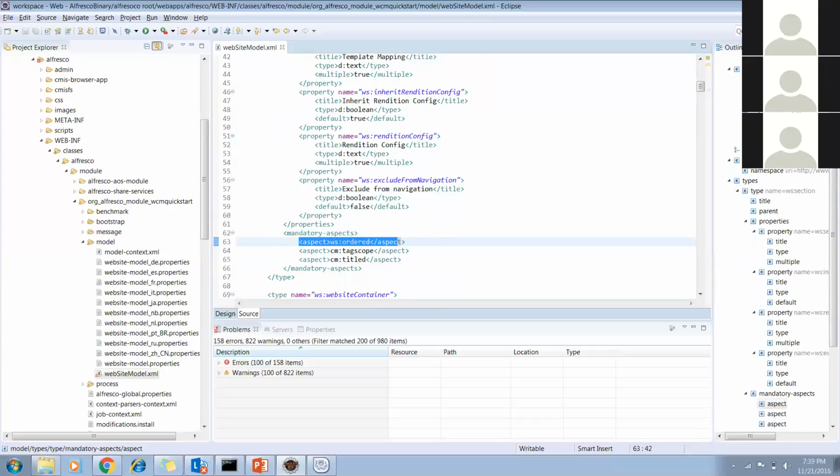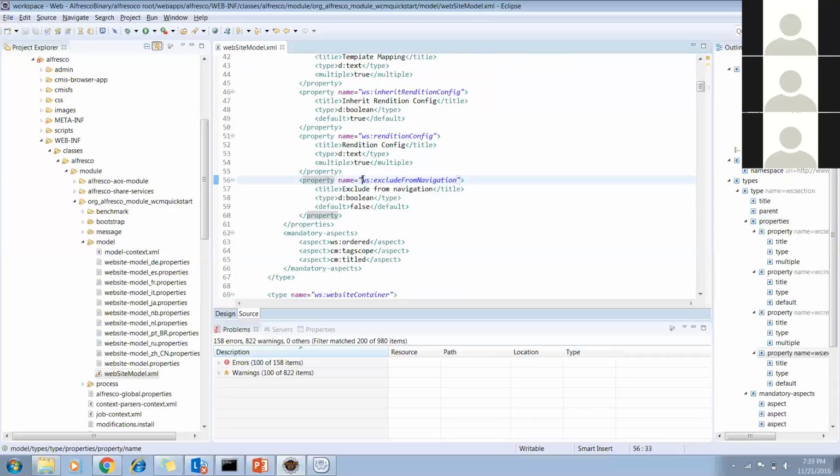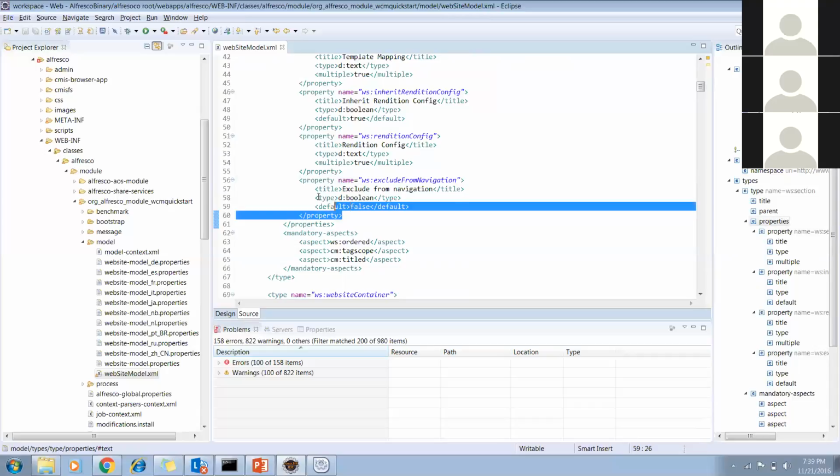So what is the benefit of this? If I have defined this WS colon property and I need the same property for another content type as well, at that time you should have a unique name. You can't have a duplicate. So at that time you can't have this in the other content type, because it's already defined in the one type.